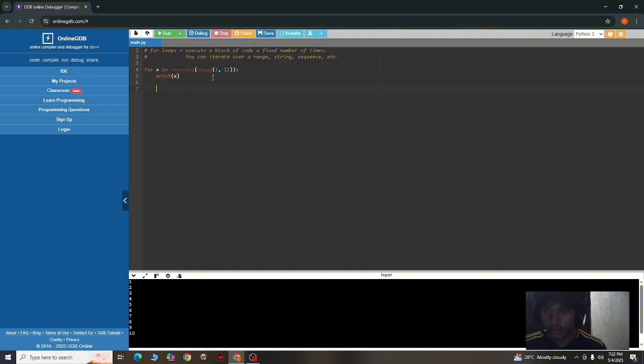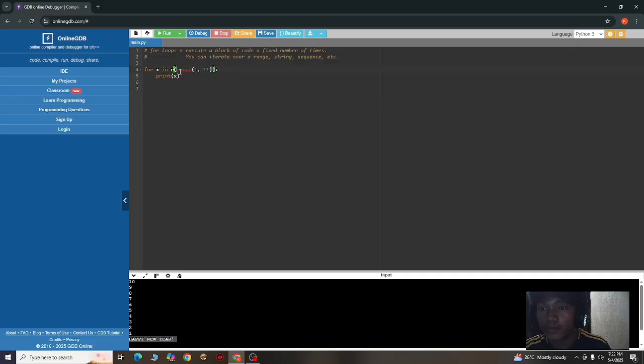Print X. And if we exit a for loop, let's print Happy New Year. Let's run it. So it starts with 10 and ends with 1, and if we exit a for loop, it prints Happy New Year.